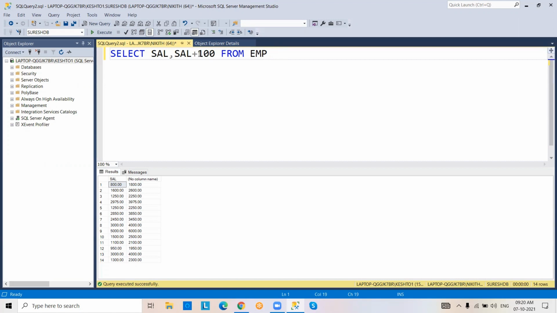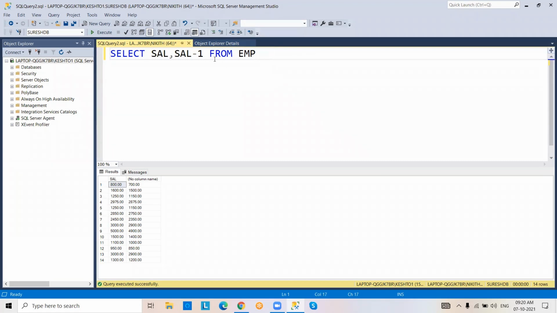In the same way, I want to retrieve salary after deducting 100 from this salary. What to do? See this.